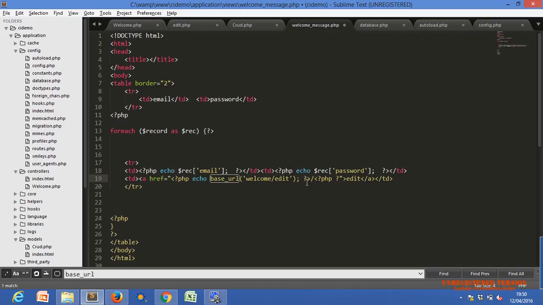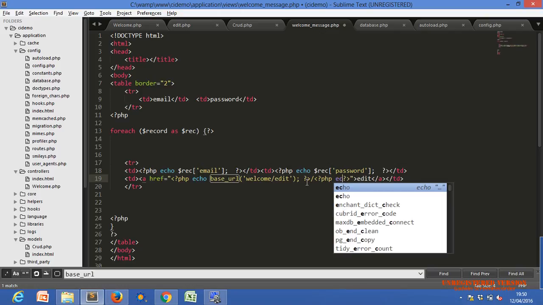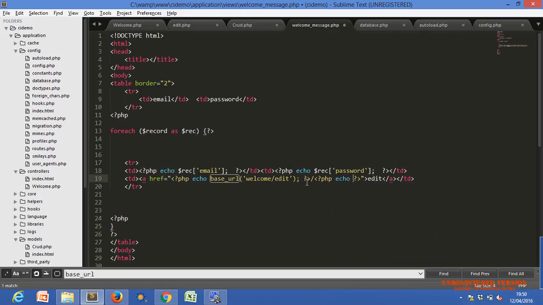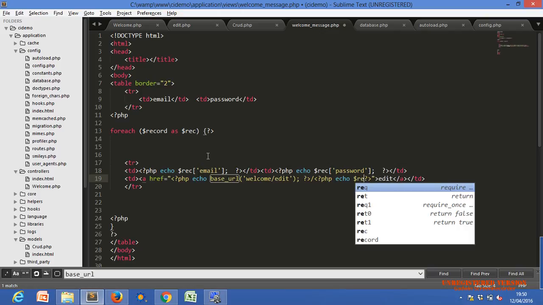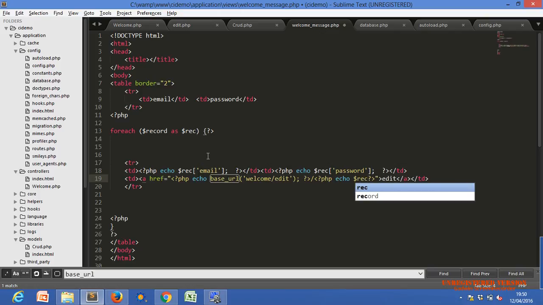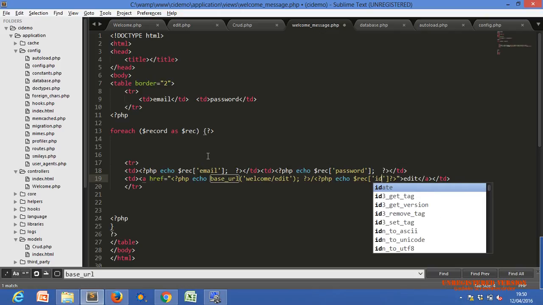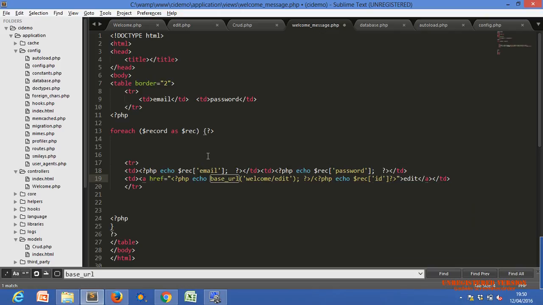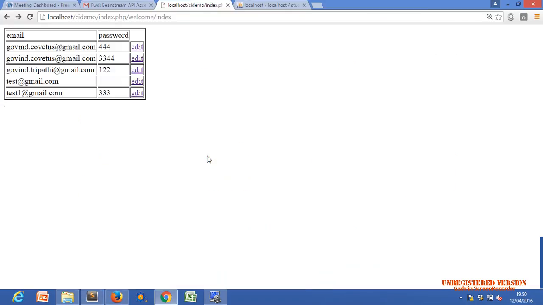So with the help of PHP, we can get that ID. We have the rec variable. With the help of that variable, we can get the ID, the rec ID column. Let me see if it is working or not.